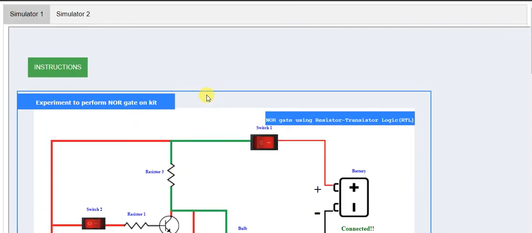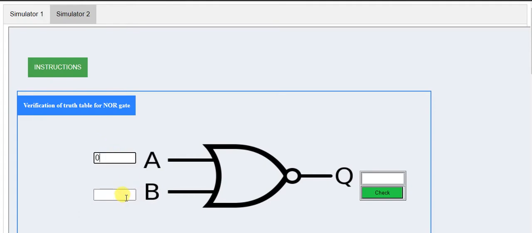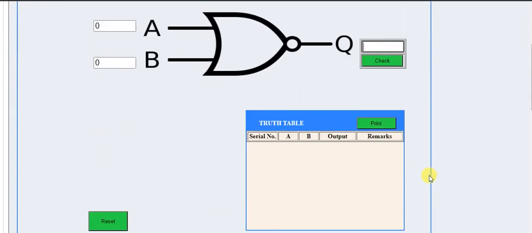That means A or B, right? But here it is NOR. It is a negation of OR, right? Similarly, verify the simulator 0 and 0. What should be the output? It should be high, right? At least one 1 is there, the output should be low, right?